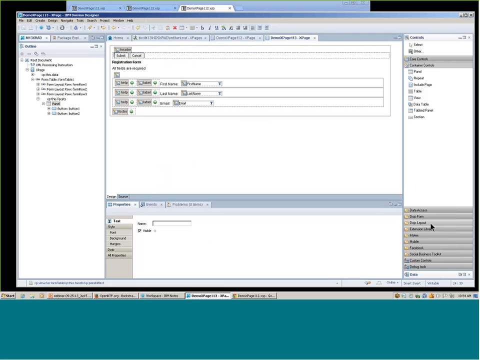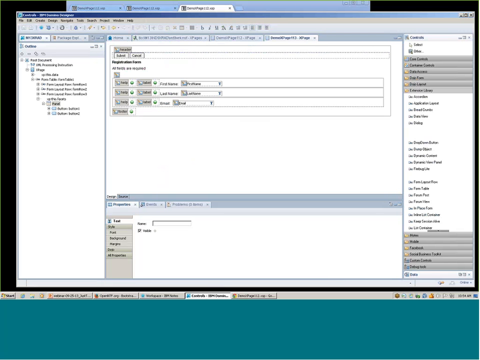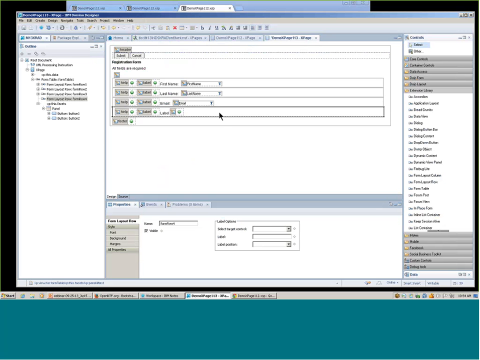So I can add in, I already have 4 form layout rows. I can add another form layout row into this unnamed facet. It's a little tricky, but I think I got it. And this form layout control has 3 facets available. An unnamed facet for adding your input control, like an edit box control to display Domino document field information or to save Domino document field data. And there's also a label facet to add a label for that particular form layout row, and a help facet